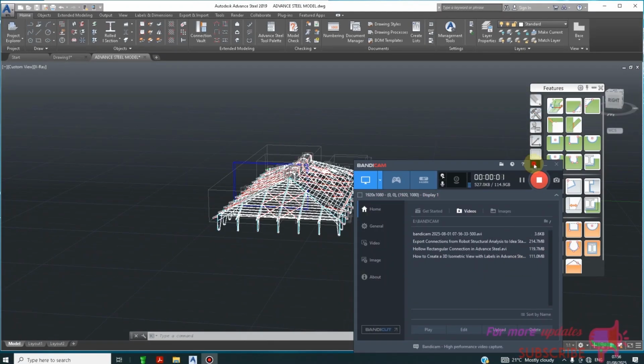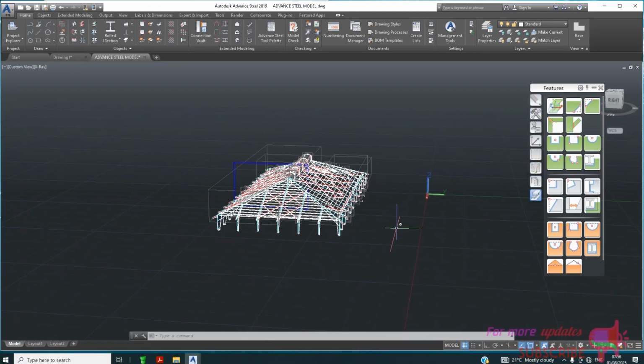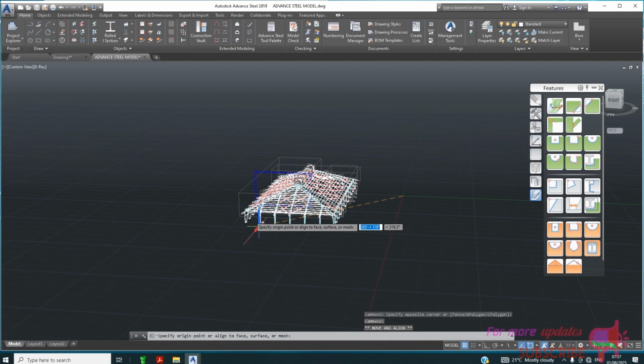What's up, dear viewers? In this video, I will show you how to create cladding, roof cladding for this structure with a hip roof. So the first thing is to make sure that your XY plane is on the particular plane that you want to add cladding. The first thing for me, I will just move this UCS to some point and